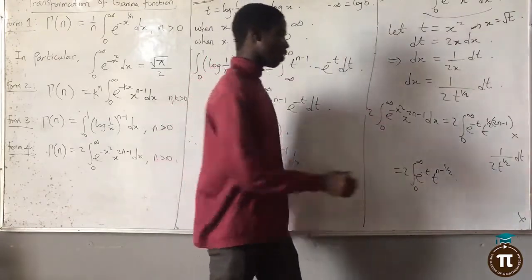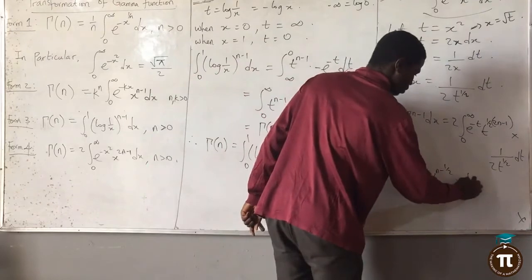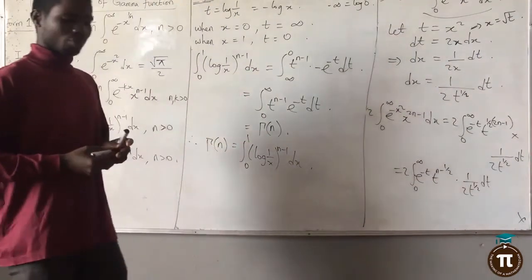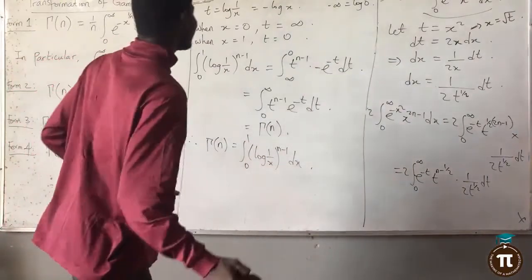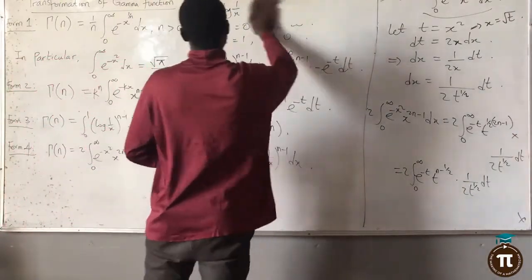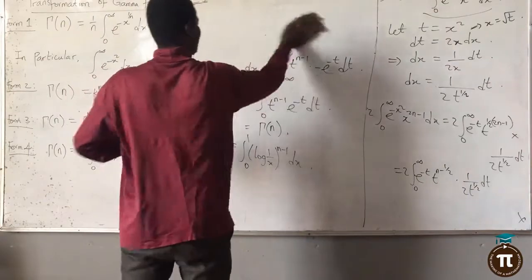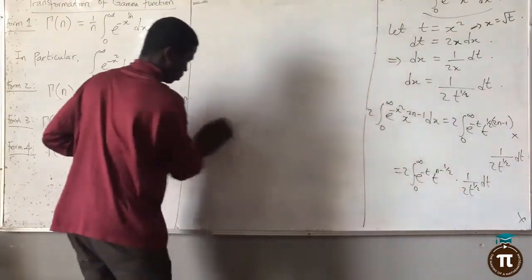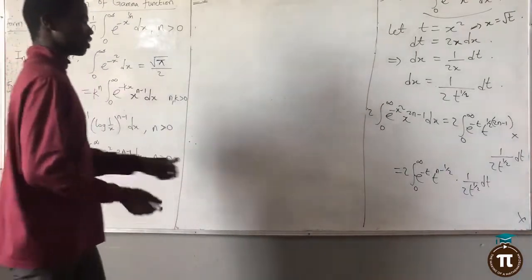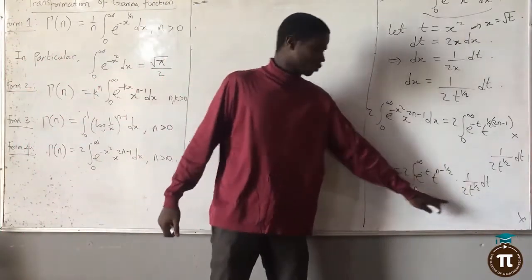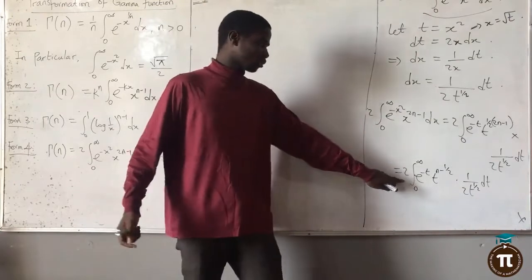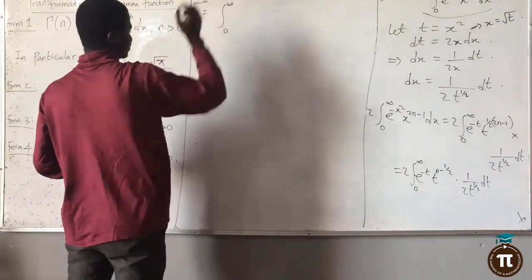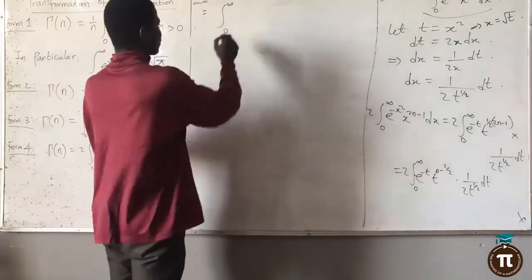Multiply by 1 over 2 t raised to the power of 1 over 2 dt. That is what I'm going to have now. So the next thing that will follow is this 2 will come out. It's a constant, it will divide this 2. That will be out. So I will be left with integral from 0 to infinity of e raised to the